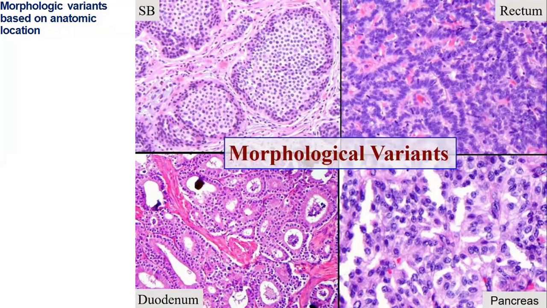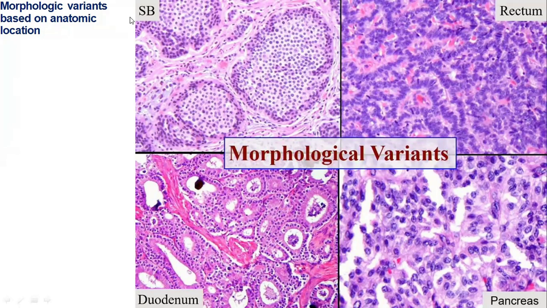It has been seen that at the metastatic site the tumor could be 10 to 15 centimeters large, and the primary lesion could be only 1 centimeter. So it is important to understand the different morphological variants of neuroendocrine tumors in terms of their